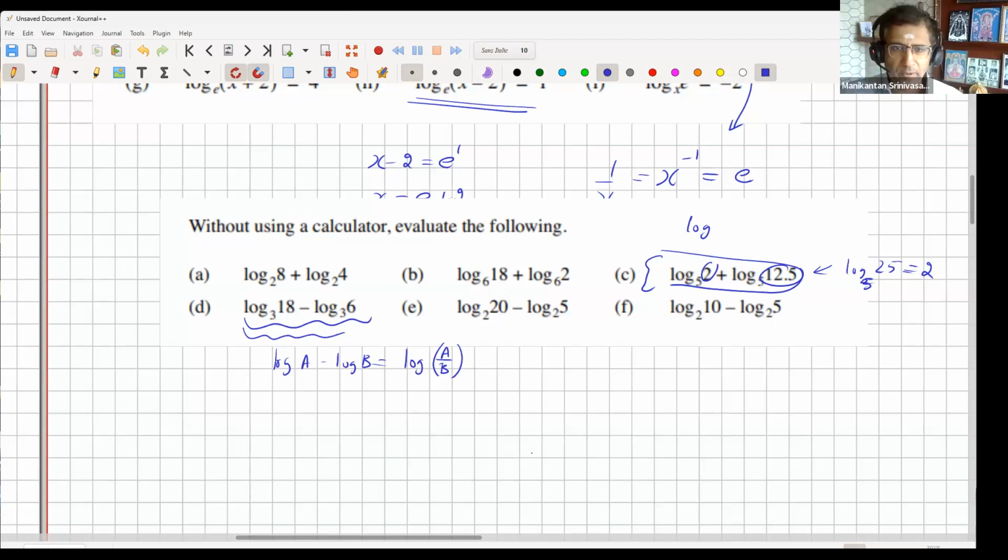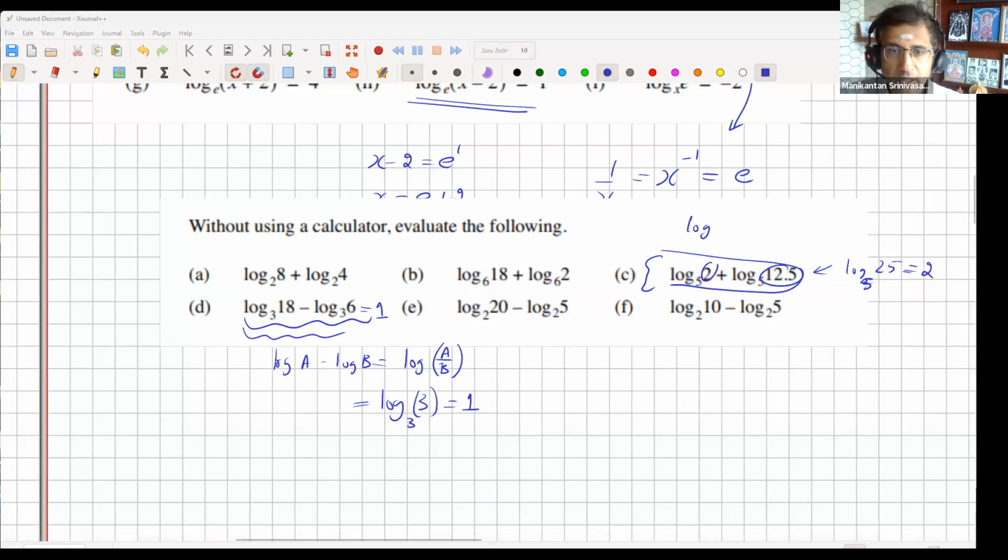Okay, no problem. So log A minus log B is log of A by B, which is log of 18 by 6, which is log 3 to the base 3, and therefore the answer is 1. All right, so the answer is 1. Okay. Let's see. Can we do